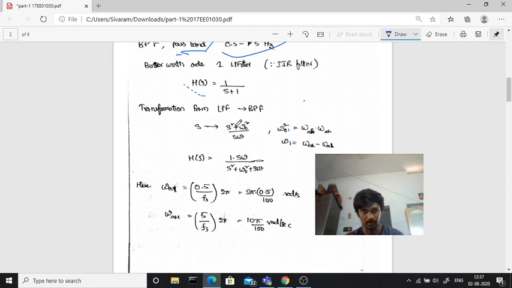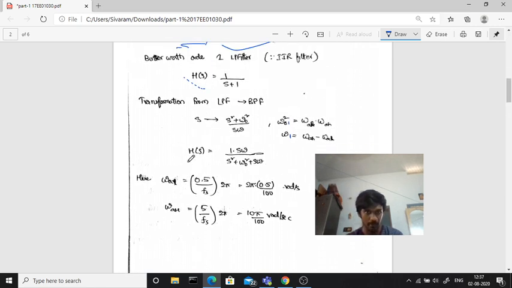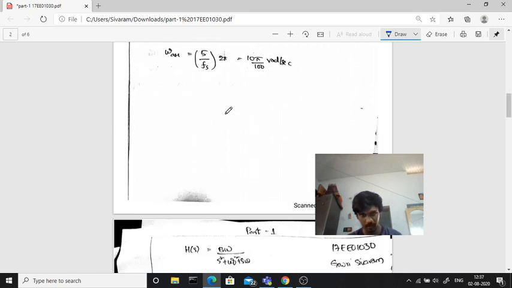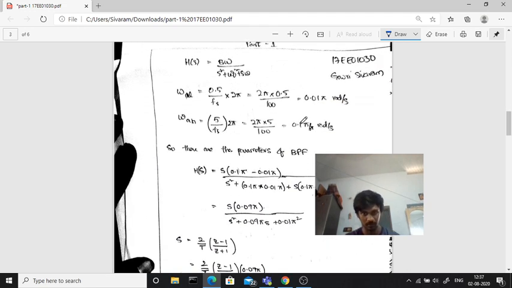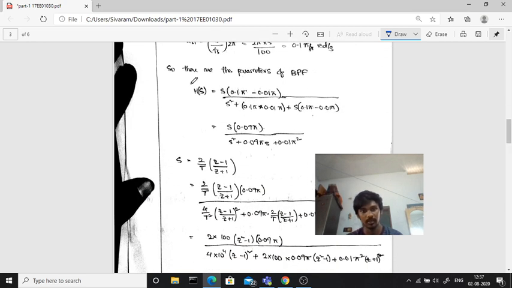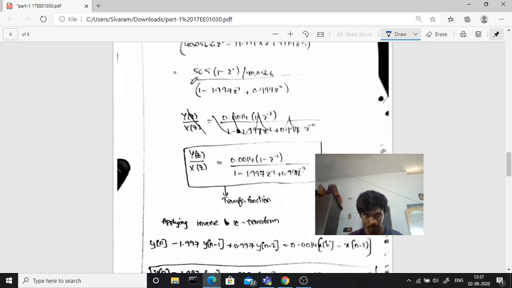Given s over s squared plus omega, this is the equation that will be transformed. This is the transform H of s, where we are finding the initial lower and higher frequencies by applying the lower and higher frequencies of the band pass filter. Once we have this, we have the lower and higher frequencies which we need to apply for the band pass filter. This equation will give us a mathematical derivation of how we need to implement this